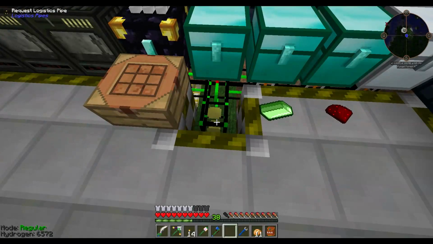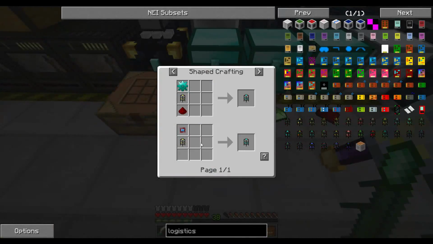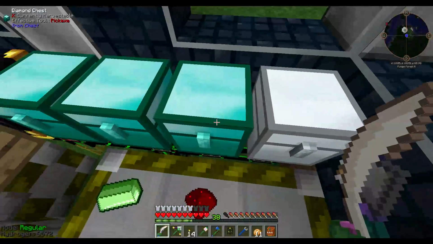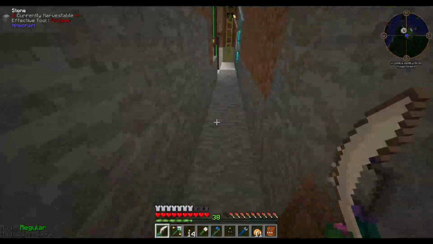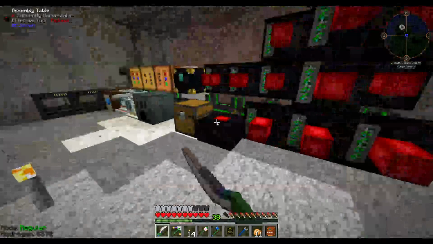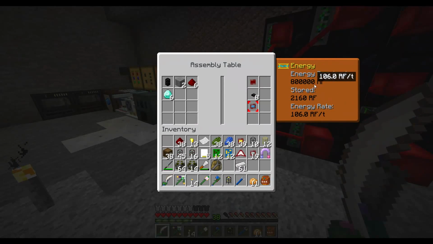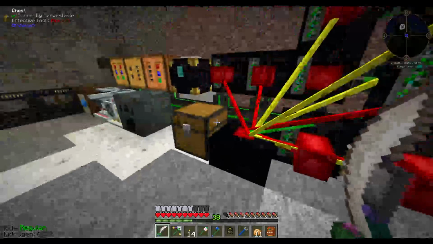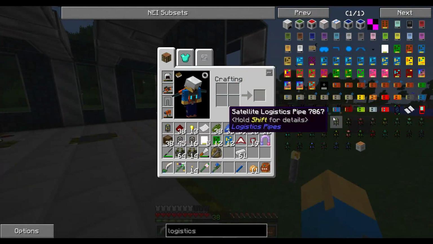Now, there's lots of applications for this. The first thing that I'm going to need to do, though, is actually upgrade this. Diamond chipset. Let's get a diamond. Come on. I'll make about 6 of these, just in case. Oh, perfect. There's already 6 in there. Now, these take quite a bit of energy, right? Energy required 800,000. So we'll let that tick through slowly. And eventually we'll have some diamond chipsets to make ourselves a provider logistics pipe Mark II, because